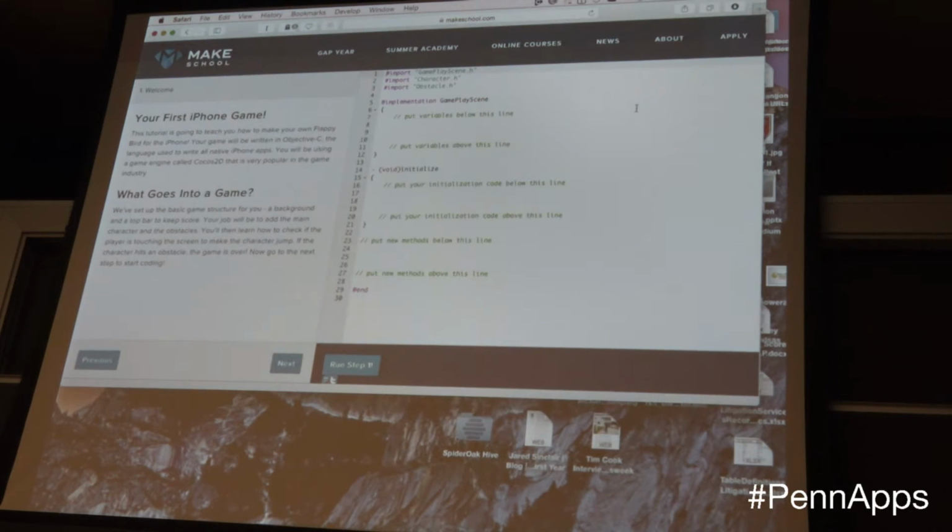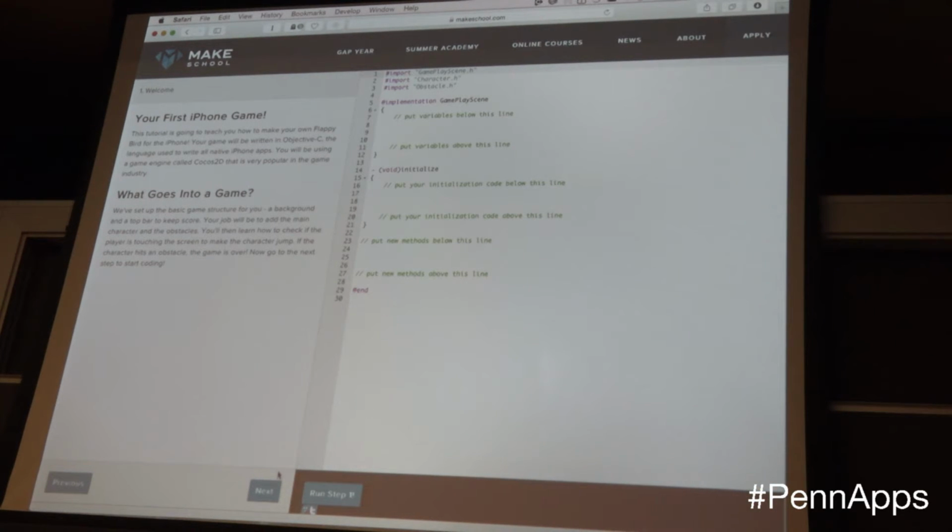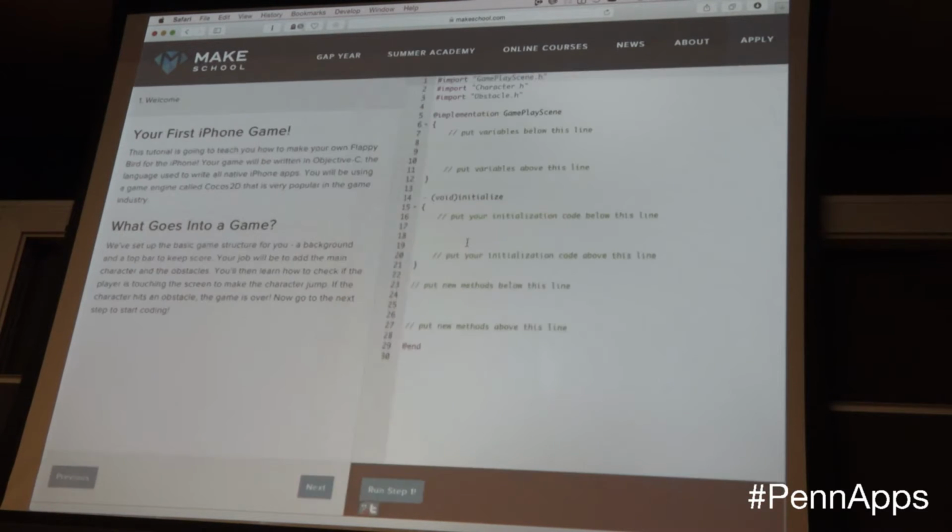Is that readable to you guys? Legible? Thumbs up? Okay, cool. Okay, so just to give you guys some idea, let's see if I can. There we go. I can make this a little bigger too.